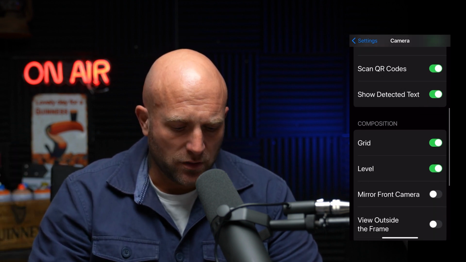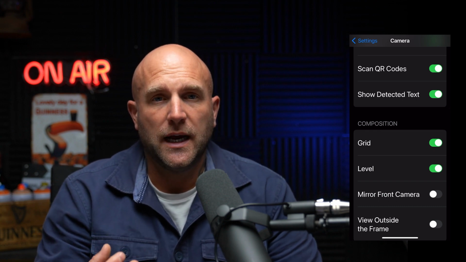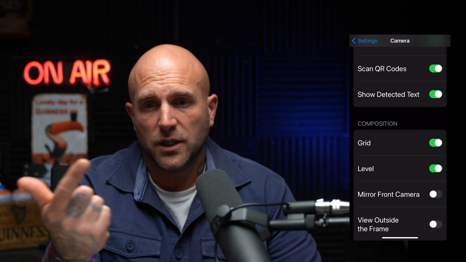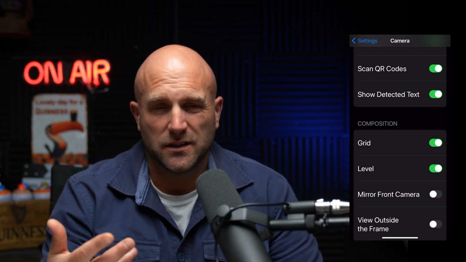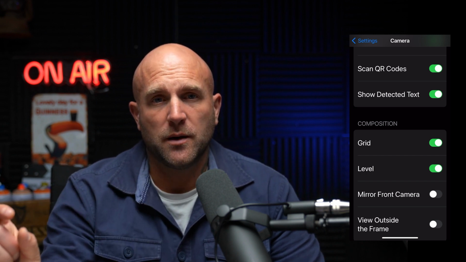Scanning the QR codes and show detected text. Now this is within the camera app. So QR codes, if you hold your camera up to a QR code, you can get a website that comes up. So a lot of people use it for their menus and other bits and pieces. Show detected text. You can do if you take a picture of something that's got a phone number on it, you can actually tap and hold on the phone number and it will